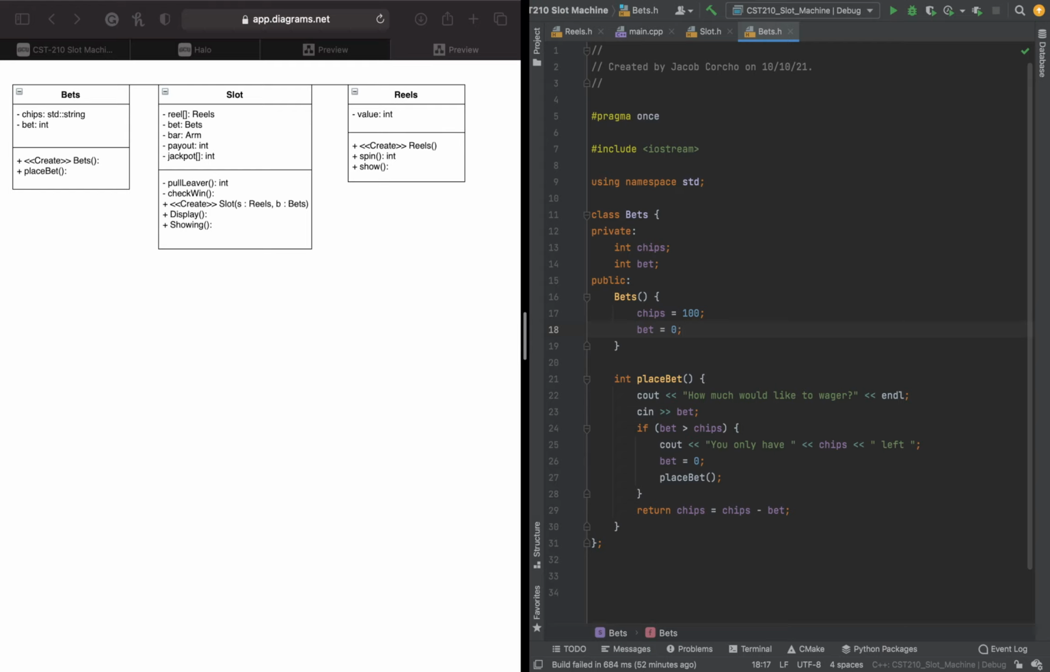So starting with Bets, under our private access modifier, we have a variable called chips of type string, and another one called bet of type int. Then we have our constructor called Bets, which is under our public access modifier, and then we have a placeBet method. Cool. From there, with Slot, we have